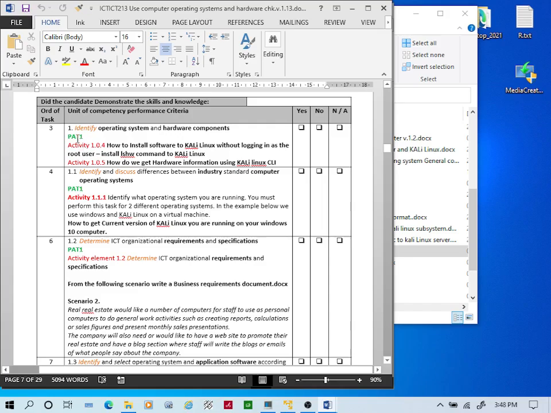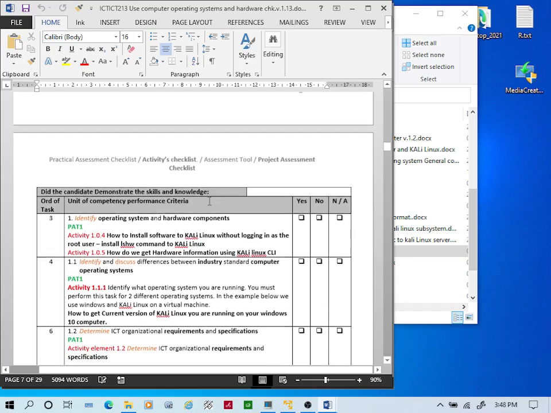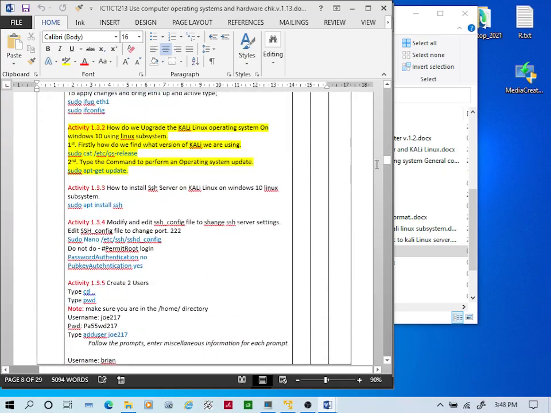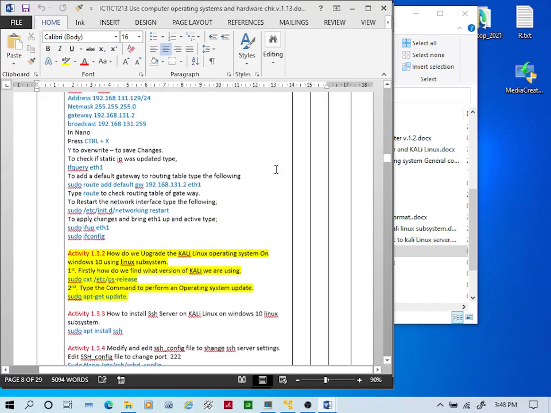So part 1, that's the project. That's the workplace. If you're not doing it in the workplace, those are the activities, and you need to provide video. So this is the assessment checklist that the assessor will go through and mark you off on,